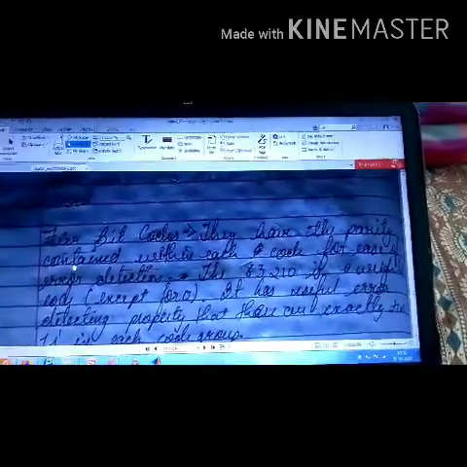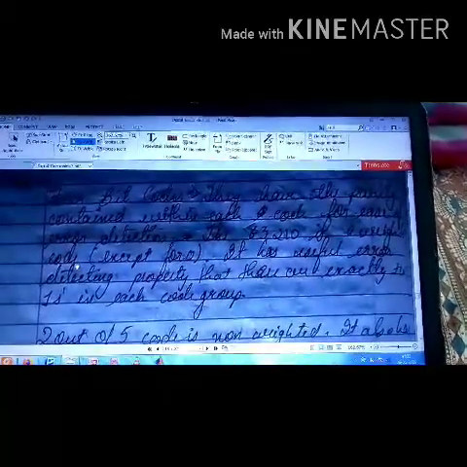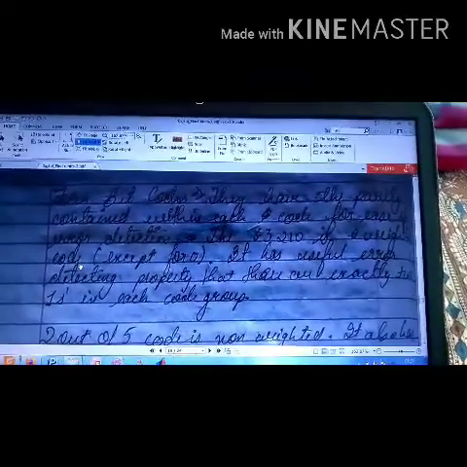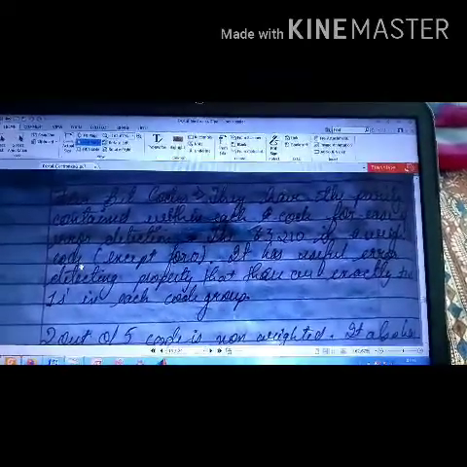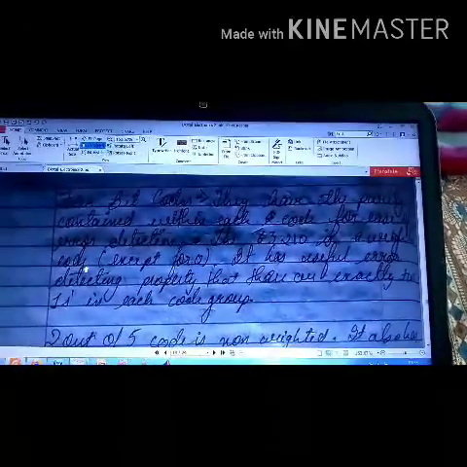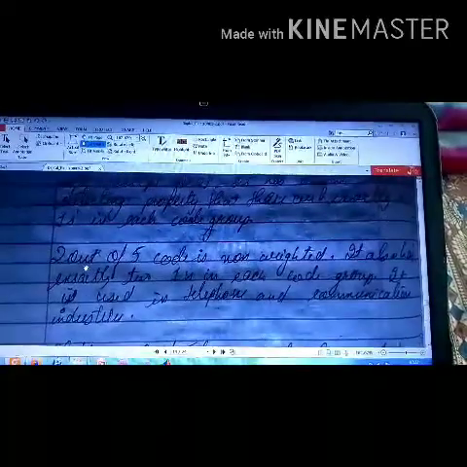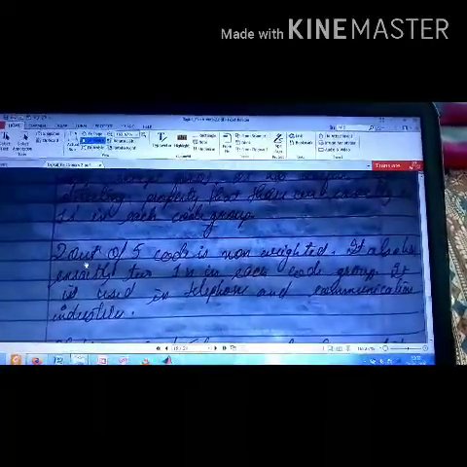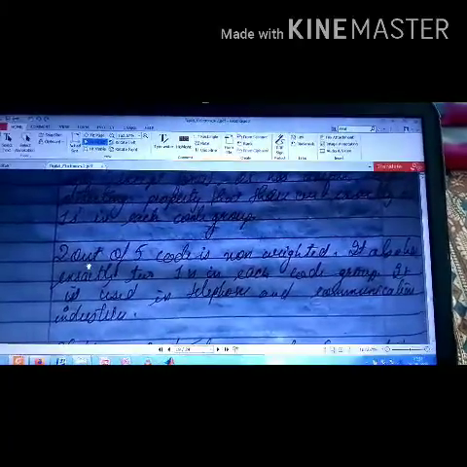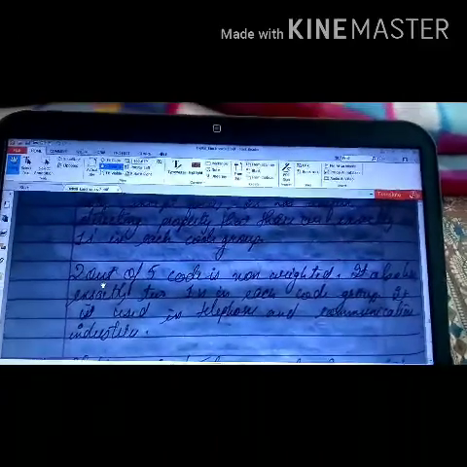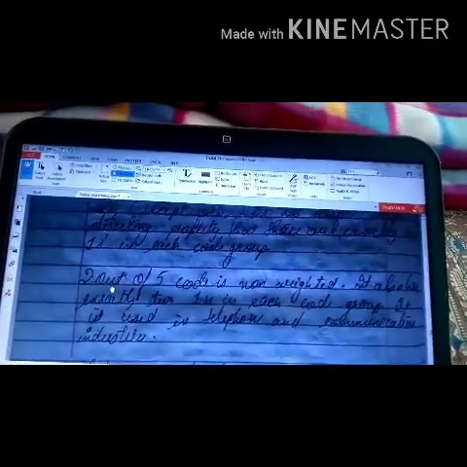Now 2 out of 5 code is a non-weighted code. It also has exactly two ones in each code group. It is used in telephone and communication industry. Since both of these codes have exactly two ones, an error will be detected if the number of ones increases or decreases in such a word.